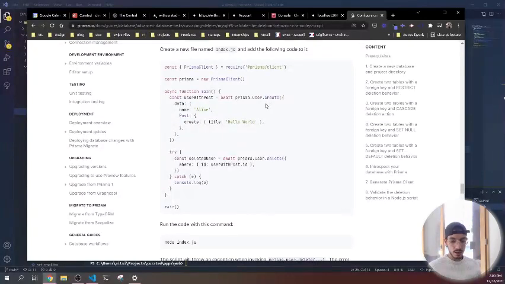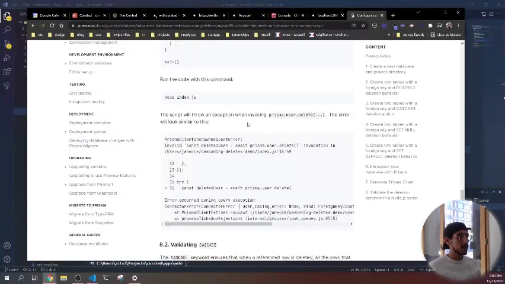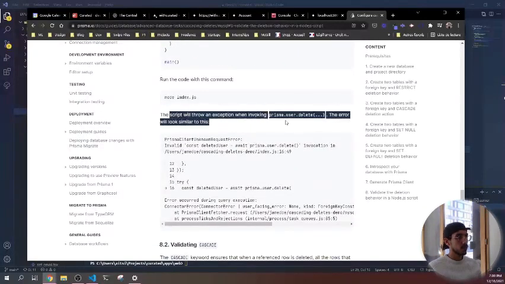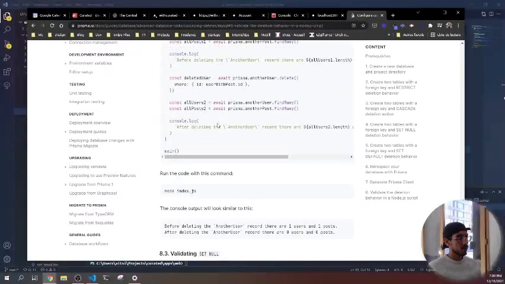And then you can delete everything. All right, maybe. Oh, the script will throw an error when invoking Prisma user delete. Yep. Because